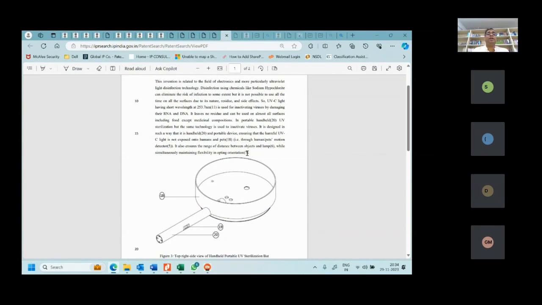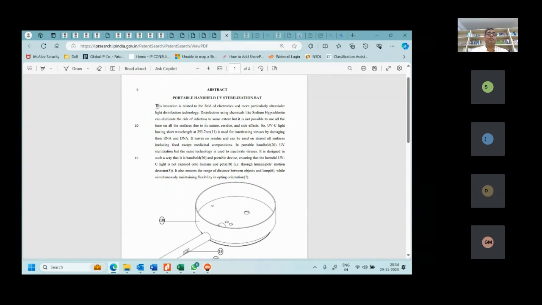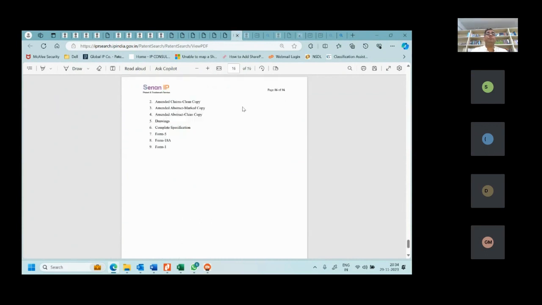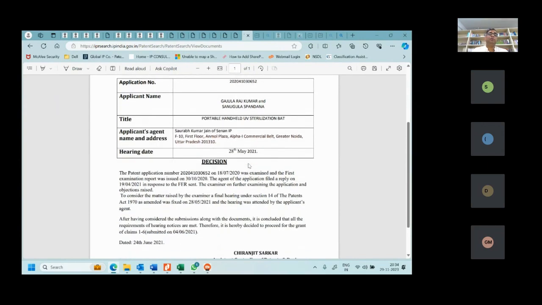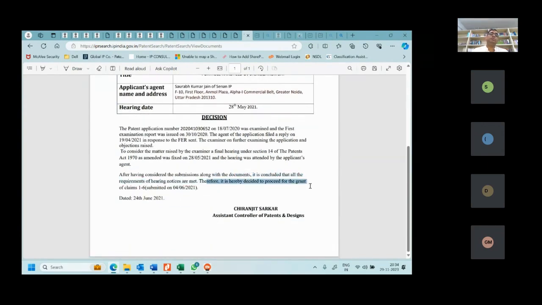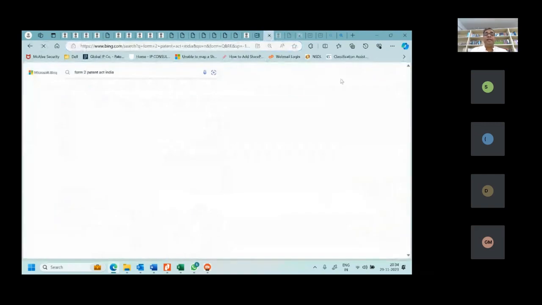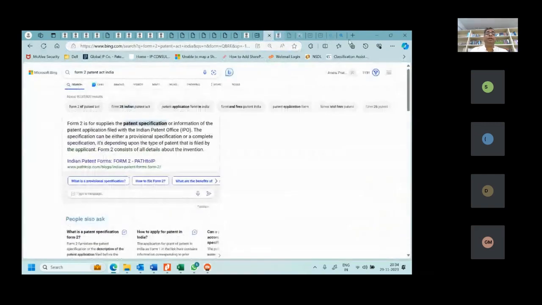See, the abstract was also clearly written, the same thing which we have read. Disinfection, prior art and everything was there. And then they got the decision that they can proceed for the grant. It was granted. So the idea of showing this is